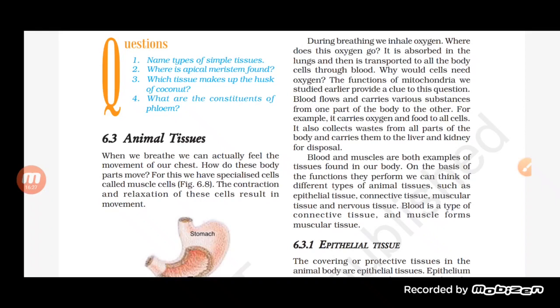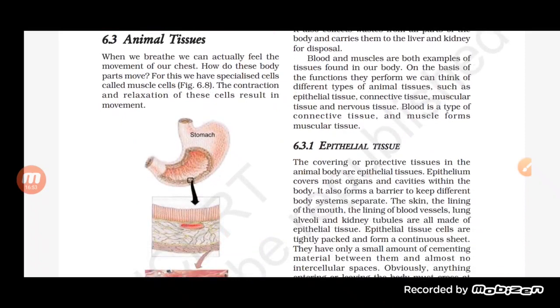Blood is actually a connective tissue, while the muscle comes under the muscular tissue. If we talk about the nerve cells, they come under the nervous tissue, and there are a lot of different specialized cells which perform different kinds of functions, and we have included them in the epithelial tissue. So let us start to understand all the tissues one by one, starting with the epithelial tissue, students.